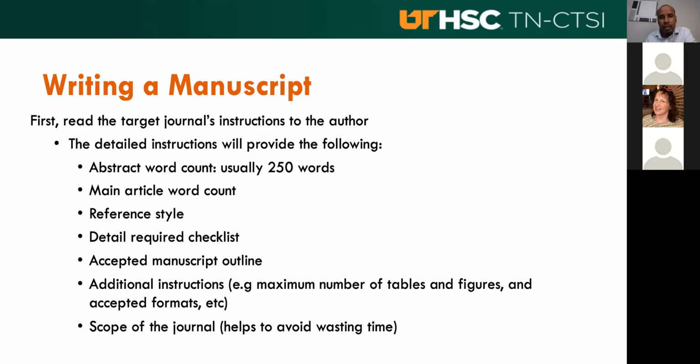So when writing a manuscript, first read the target journal's instructions to the author. The instructions to the author usually contain detailed instructions such as the abstract word count. Usually the abstract word count is limited to 250 words. And we have written our manuscript, and there are a lot of impressive results that we want to include